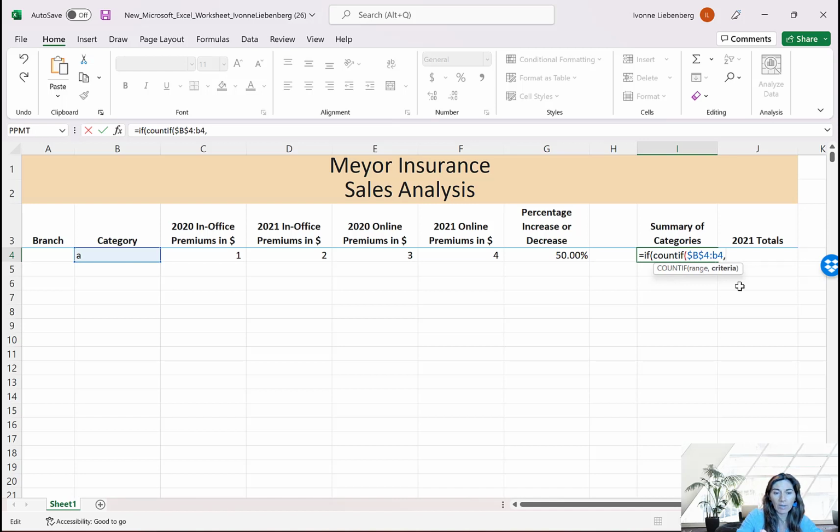Now the criteria. What is the criteria that we want this to meet? We want it to be that first category, so B4. And we're going to close parentheses. That's the end of our COUNTIF function. So if we count the number of cells that meet this criteria, and that number is equal to 1, meaning that this is the first time that this category appears on this list, so equals 1, comma. In the IF function, the next argument is the value that the function should return when this IF statement is true. So if this is true, we want our function to return the name of that category, so B4 again, comma,